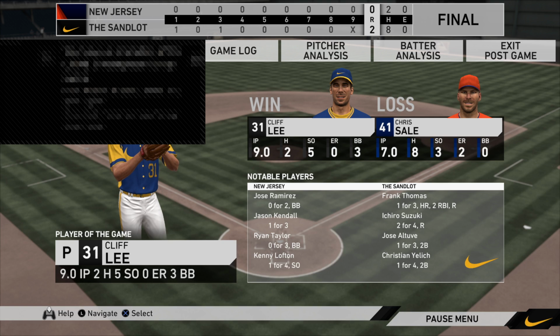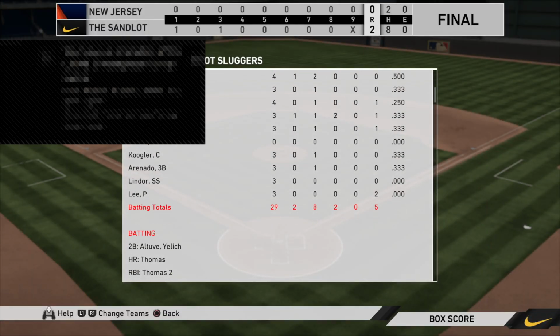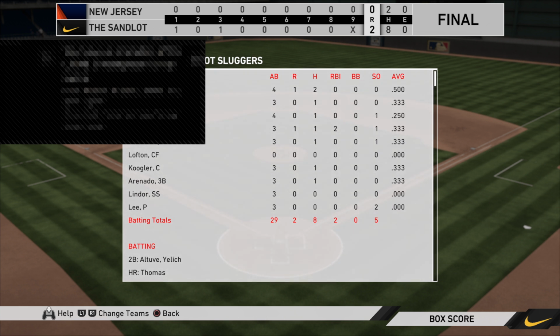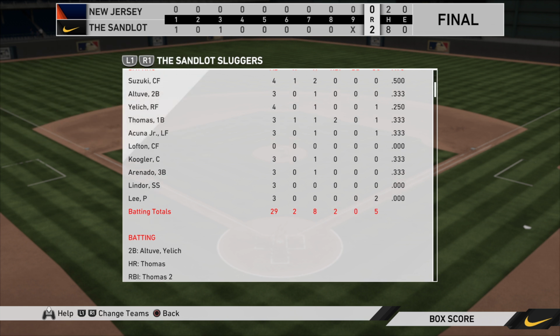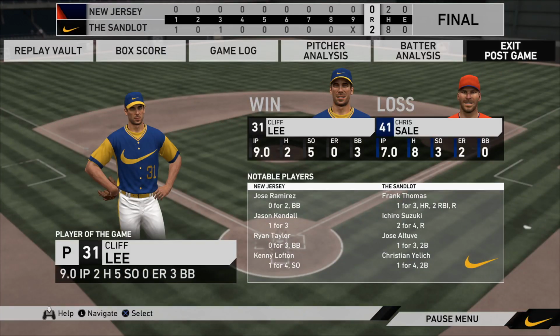Here now is our final line score. First, for your victorious home team, 2 runs on 8 hits, no errors. They left 5 men on base. The winning pitcher is Cliff Lee. The loss goes to Chris Sale. Time of the ball game, 2 hours and 30